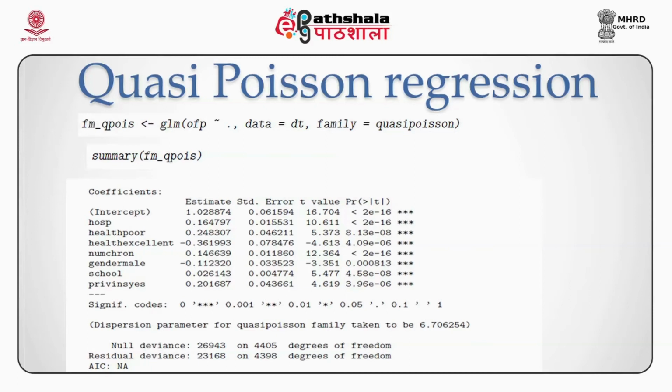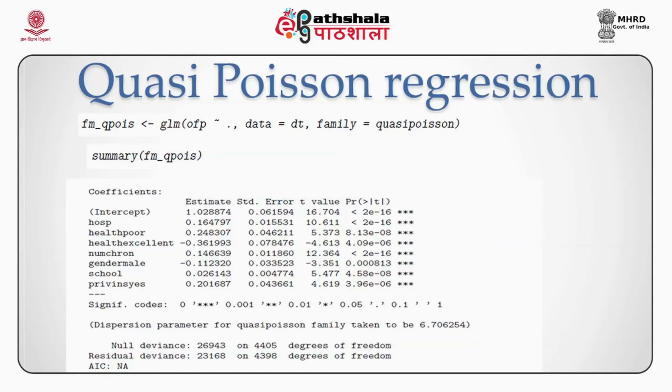When I do a summary of the quasi-Poisson object, I get the usual estimates: the coefficient, the standard error, t values, and p values. There is, however, one line of difference which says that the dispersion parameter is no longer 1, but rather there is a line saying that the dispersion parameter for the quasi-Poisson family was taken to be